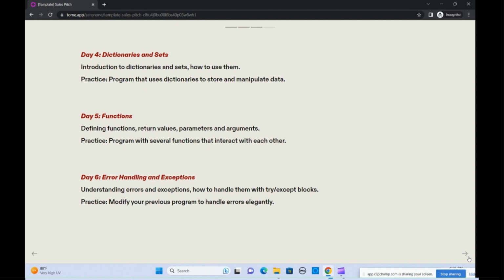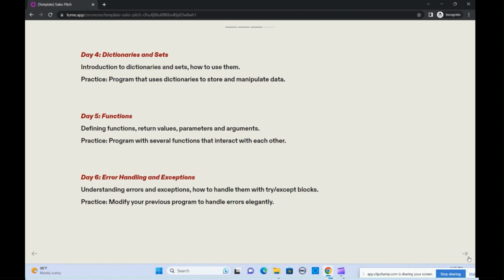So on day six, we will be looking at error handling and exceptions. This is really a good concept again. So understanding errors and exceptions, and how to handle them with try except blocks. In other programming languages like Java, we have try, catch, and finally blocks. So here we are using the same concept, using try and except blocks.